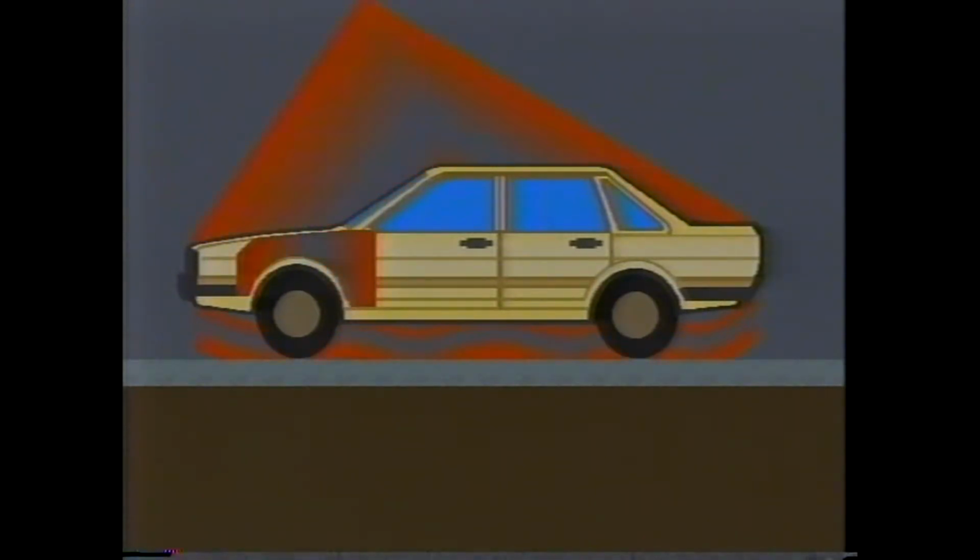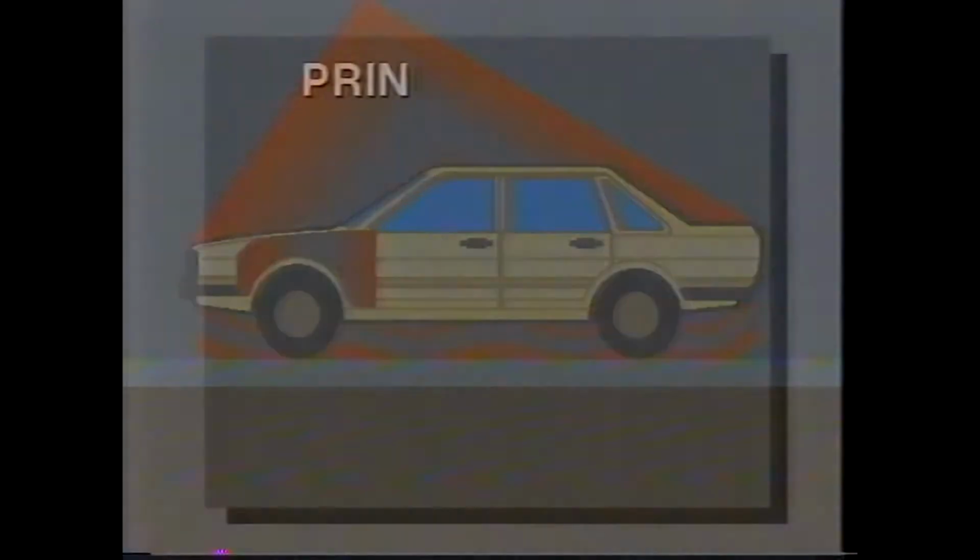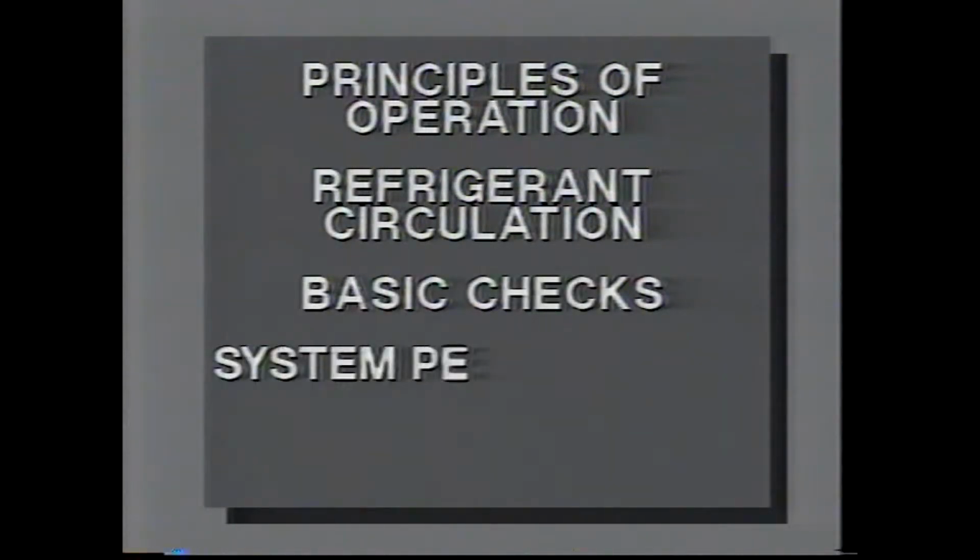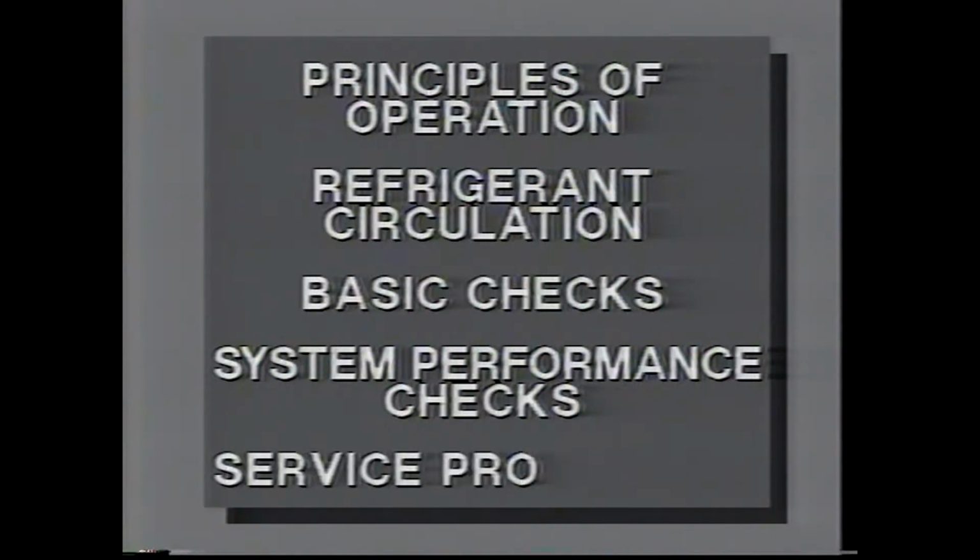In this program, we're going to cover air conditioning system operation and service. We'll start with principles of operation and refrigerant circulation. During the hands-on demonstration, we'll start out with basic checks and system performance checks, then go on to our service procedures. As we go through this program, remember, our intention is to familiarize you with basic air conditioning system operation